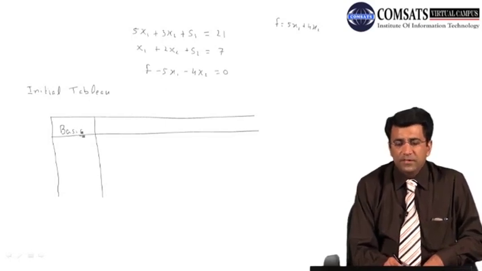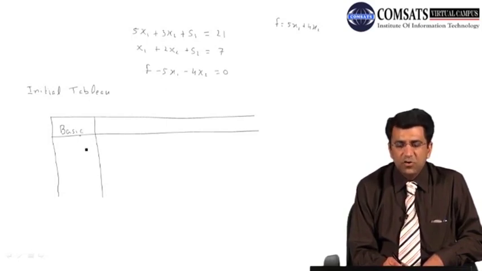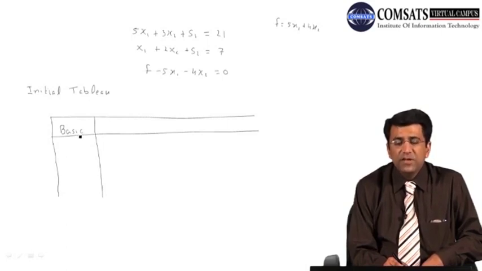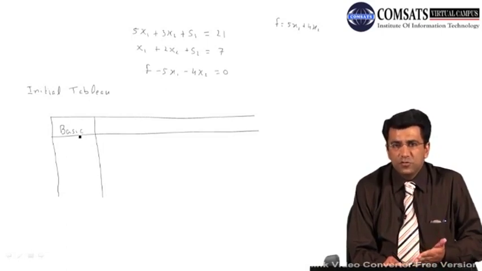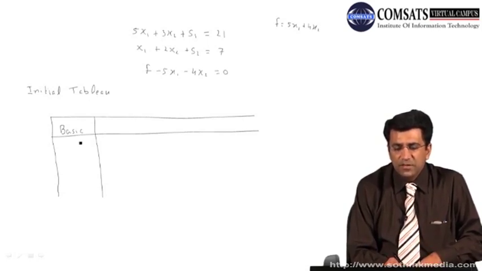Now class, in this particular table, the first column is known as basic variables. This column is referred to as basic variables. Now what are the basic variables? Basic variables are all those variables whose values we didn't put equal to 0 when we were solving the equations for finding the values of s1 and s2. In that solution, we put x1 and x2 equal to 0. So x1 and x2 are not our basic variables, but our basic variables in this case will be s1 and s2.